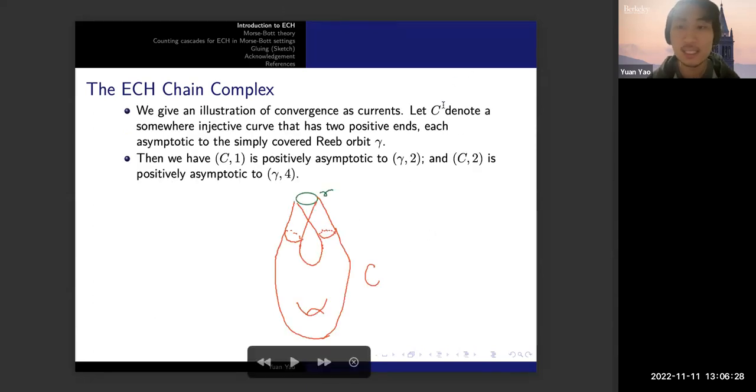So suppose C is a somewhere injective J-holomorphic curve that has two positive ends, each asymptotic to the